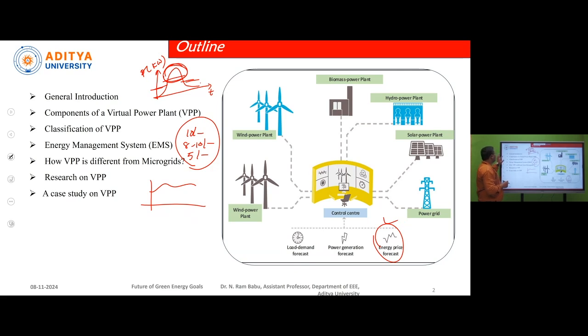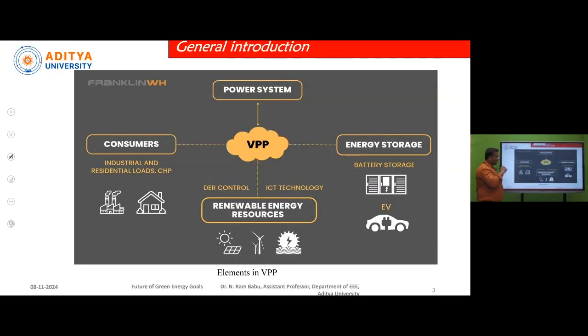Okay. Next, followed by the elements in a virtual power plant. If you observe this diagram, earlier I told you that the virtual power plant is a combination of a number of energy generators. Here you can observe that we have considered renewable energy sources, and here we have given a power system. The power system consists of normal generating stations, load, and base load power plants. And apart from that, here consumers are there. Consumers means we will mainly be getting three types of consumers.